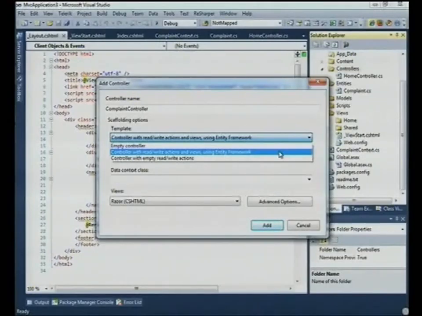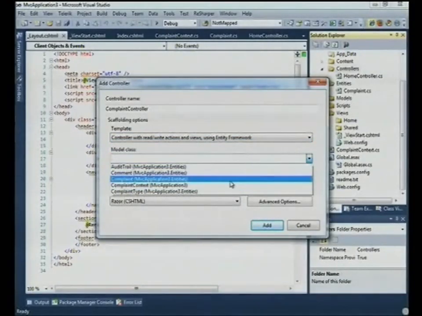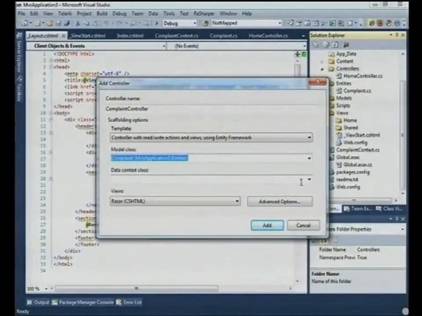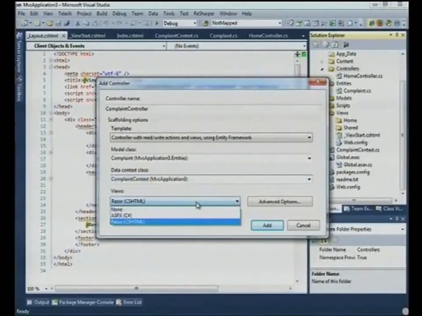Now using the extension manager, you can download a whole lot of different types. There's LINQ to SQL, there's NHibernate, all different types of ORM templates available. I then select my model class, which happens to be the complaint, and my data context, which is my complaint context. I can then choose the view. One of the great things about